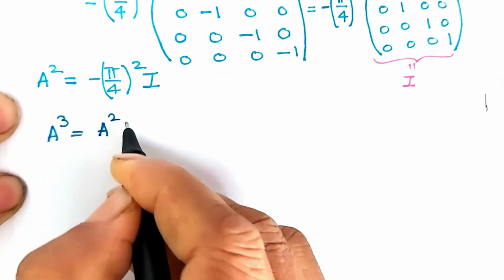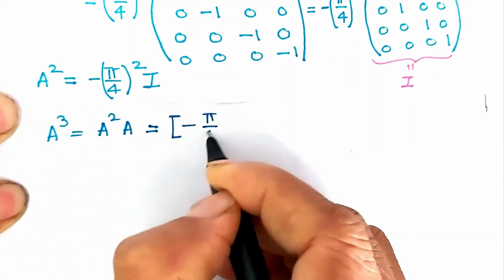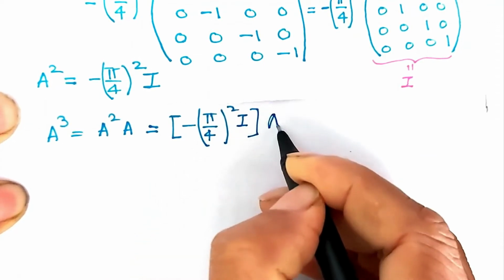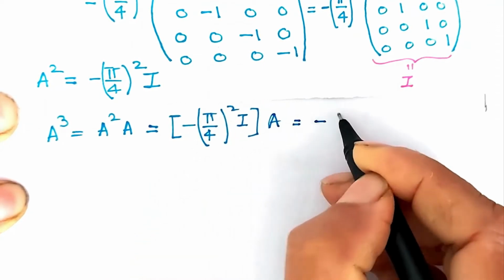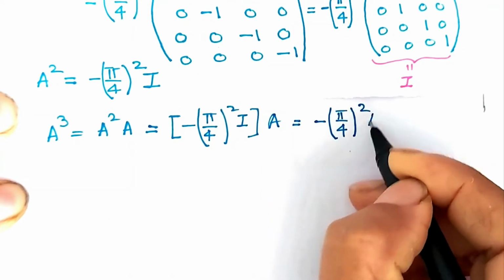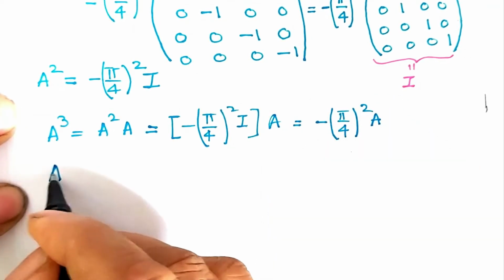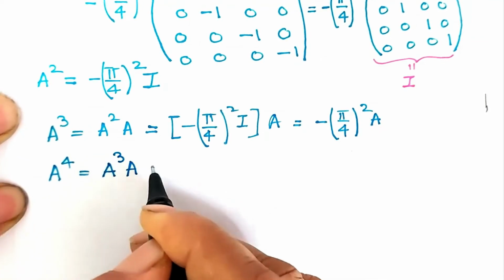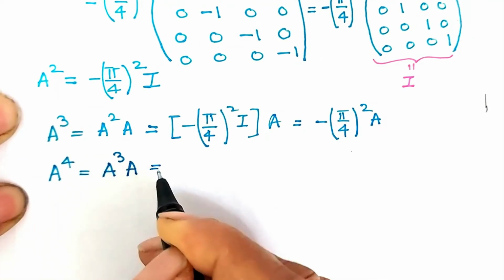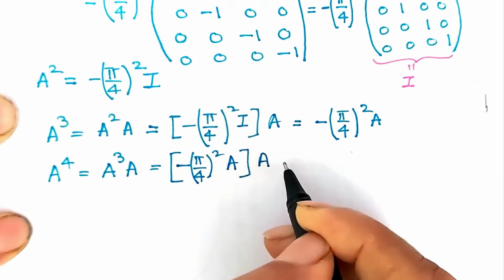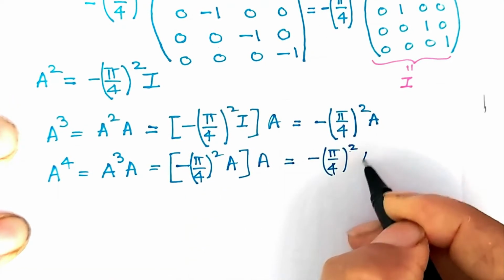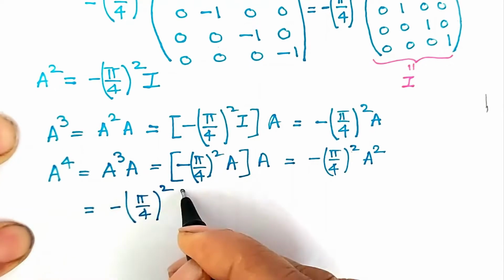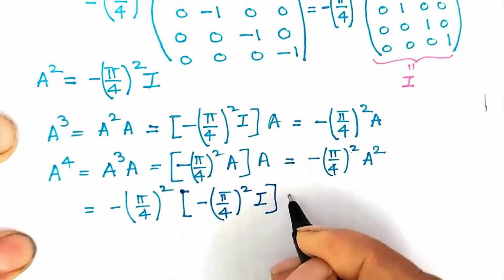Split it as A square into A, put the value of A square, and the result for A cube is minus pi by 4 whole square into A. Now A to the power 4, it is A cube into A. Put the value of A cube, which is into A. This generates A square, the value of which is, so the final answer for A to the power 4 is,